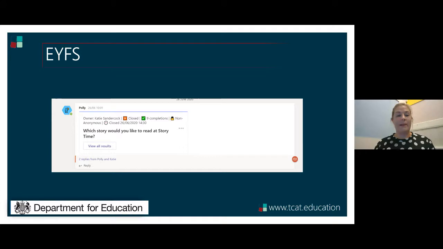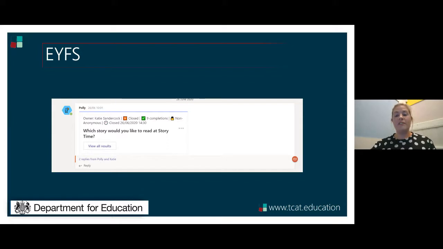Reception often use an application called Polly, which I've done a picture of here, and they ask the students what story they would like at the end of the day, and they'll give them a choice of 2 or 3 stories, and students could go on and vote for the story they would like. This gives students a sense of ownership over what they're going to listen to, and also about the fairness of